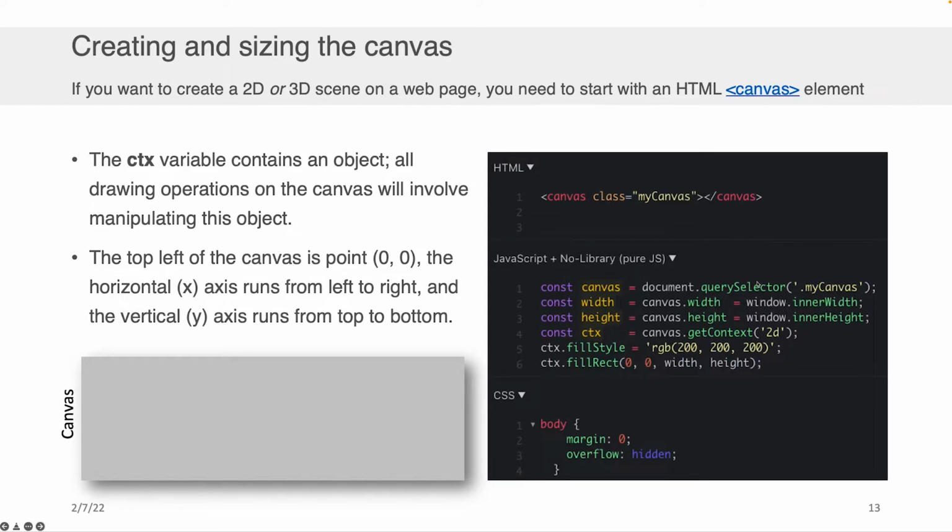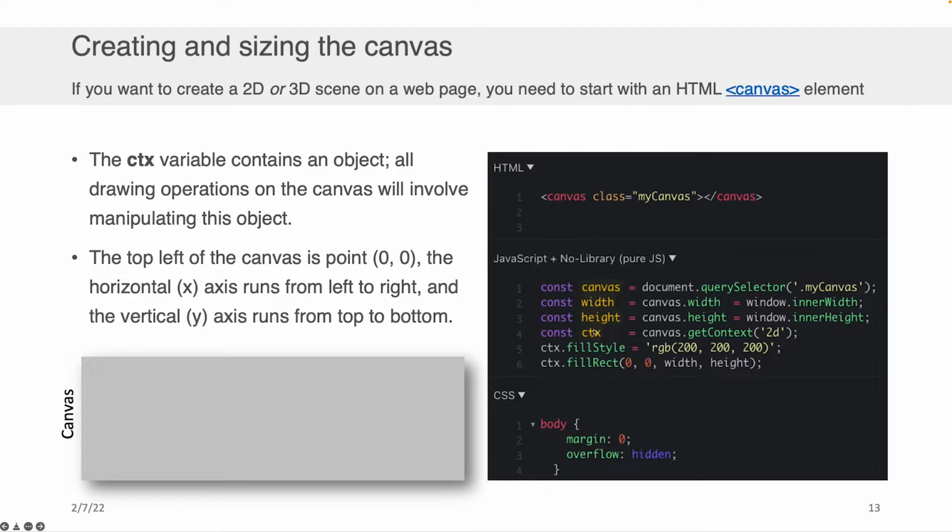The next thing we're going to do now that we have the canvas selected is we're going to declare a couple of variables, a width, which is just equal to the canvas.width, which is itself equal to the size of the window's inner width. So that's the width of the canvas that you see down here that I'm rendering at the bottom left. And we're going to set the height as the window's inner height. We're then going to have a variable called ctx. This contains an object, and all drawing operations on the canvas involve manipulating this ctx object. You initialize it by setting it equal to canvas.getContext('2d'),